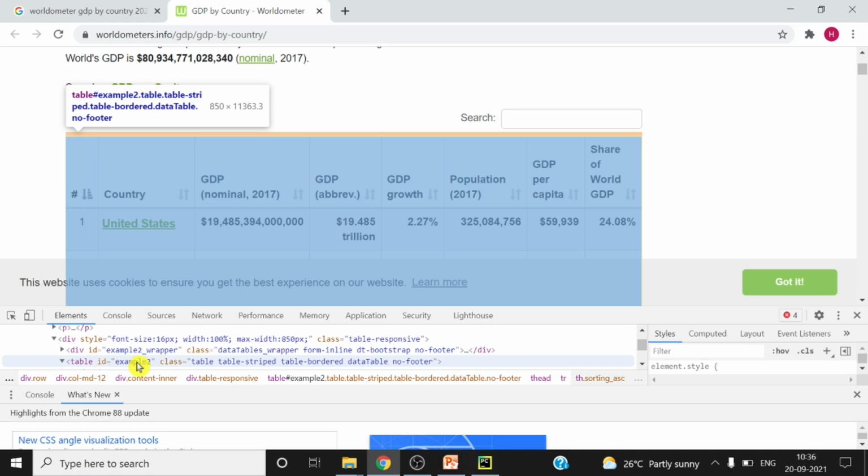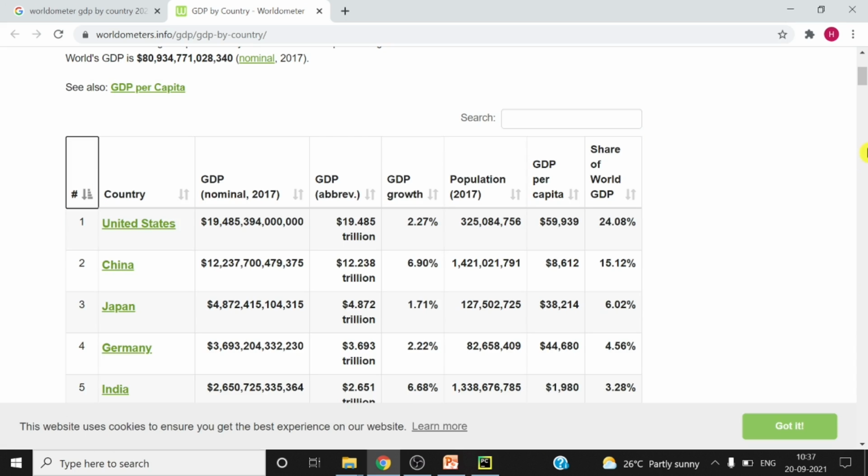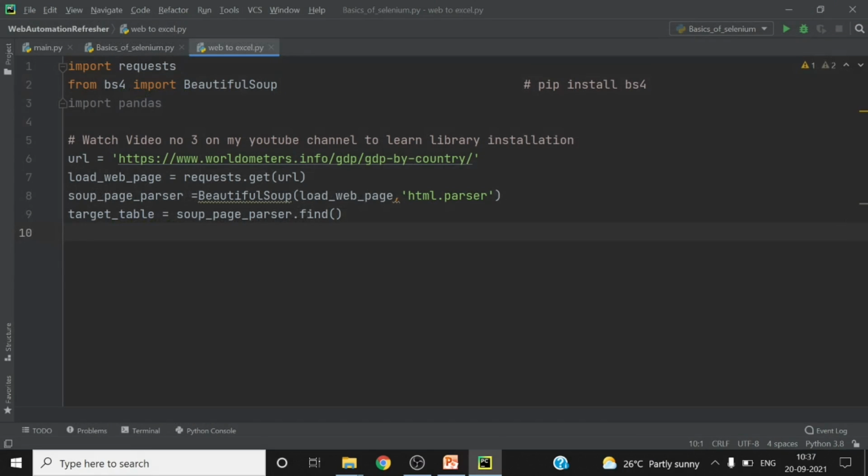You can use any attribute which is inside the table tag. It can be the class, or the ID, or the name, but it should be unique. So I am using ID here. If you are not aware of web automation, then there are so many videos about web automation on my YouTube channel. You can learn from there. I can close this also. So you can see there is no Chrome open right now.